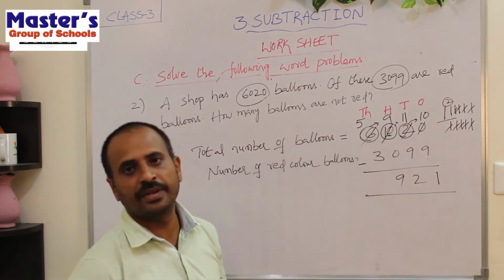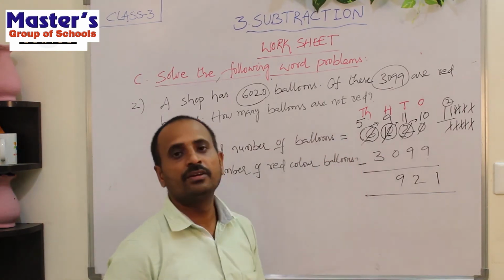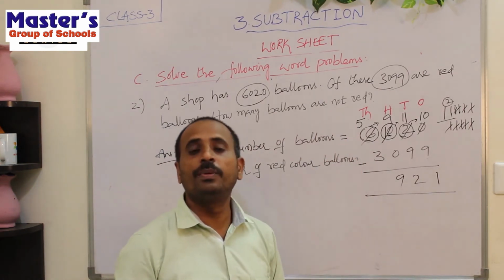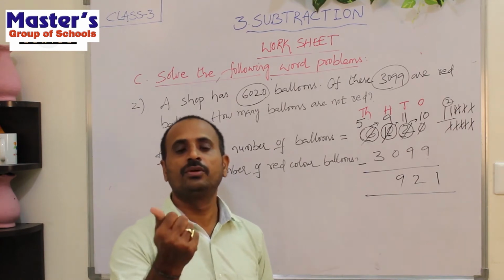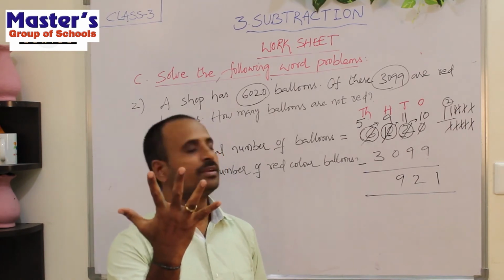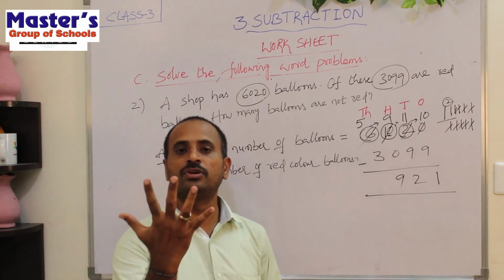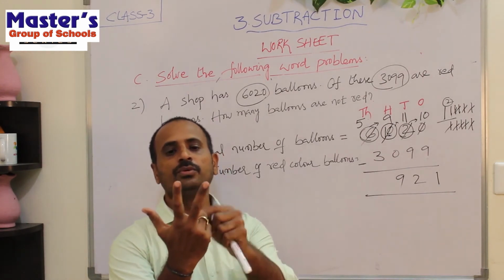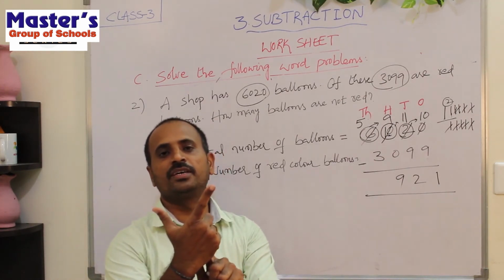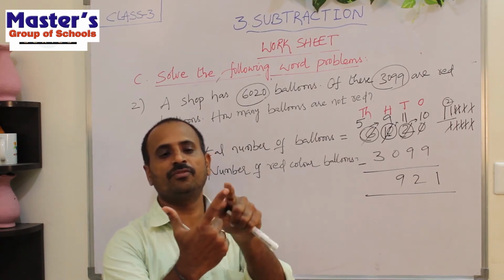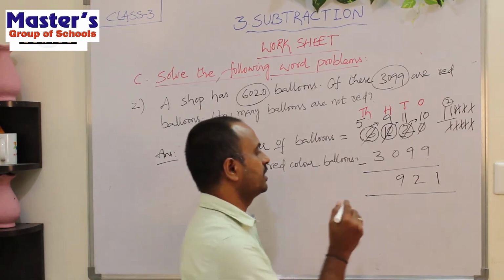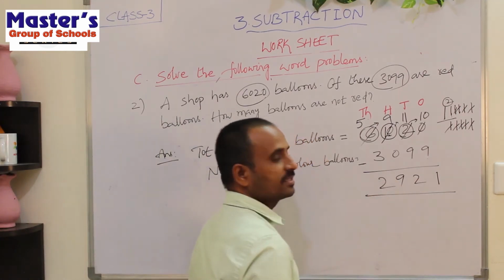Now go to thousands place. 5 and 3 are there. What is the first number? 5. Open 5 fingers of your hand. 1, 2, 3, 4, 5. What is the second number? 3. So close 3 fingers. 1, 2, 3. Children, I have closed 3 fingers. How many fingers are remaining here? 1, 2. There are 2 fingers. So write 2 here. So the answer is